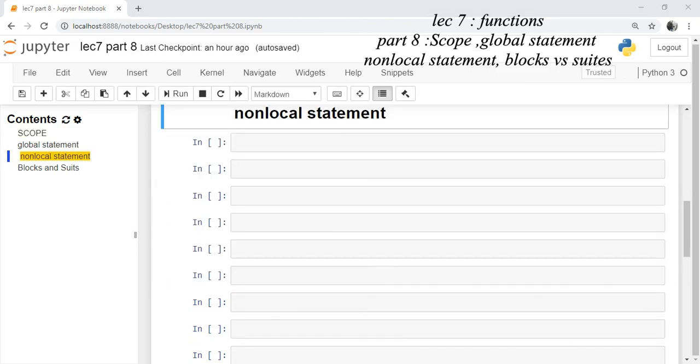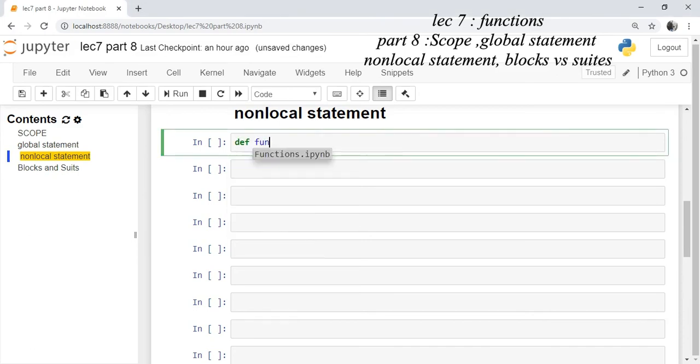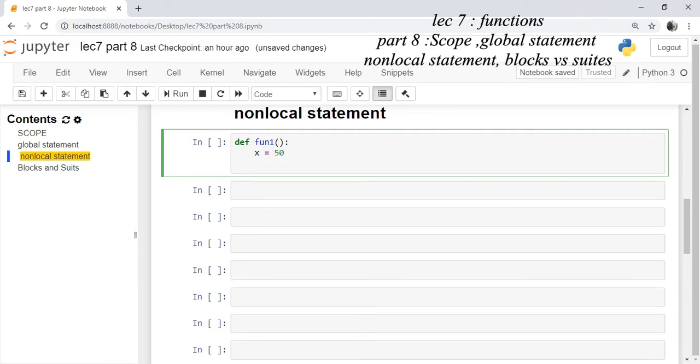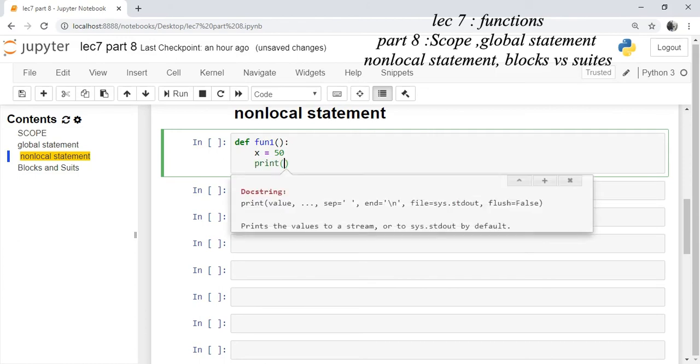Non-local statement: if you have a function inside a function and you want the outer function's variable to be used inside the inner function, then you use the non-local statement. For example, you have function 1, which we consider the outer function, and we have a variable x and we initialize the value as 50. Print the value of x.